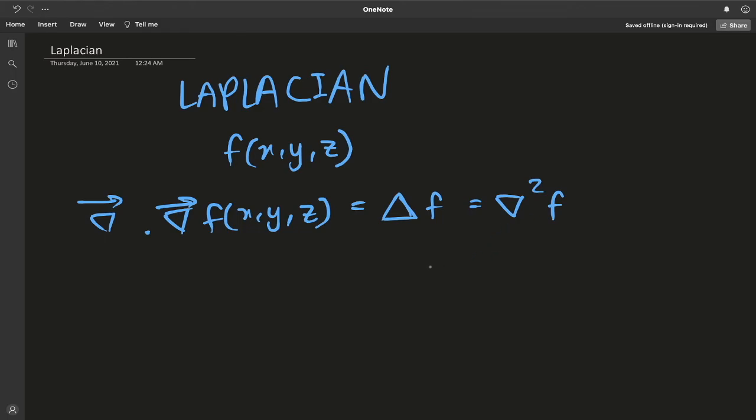This is called the Laplacian operator. This quantity del squared is the Laplacian operator, and this just becomes partial squared f over partial x squared